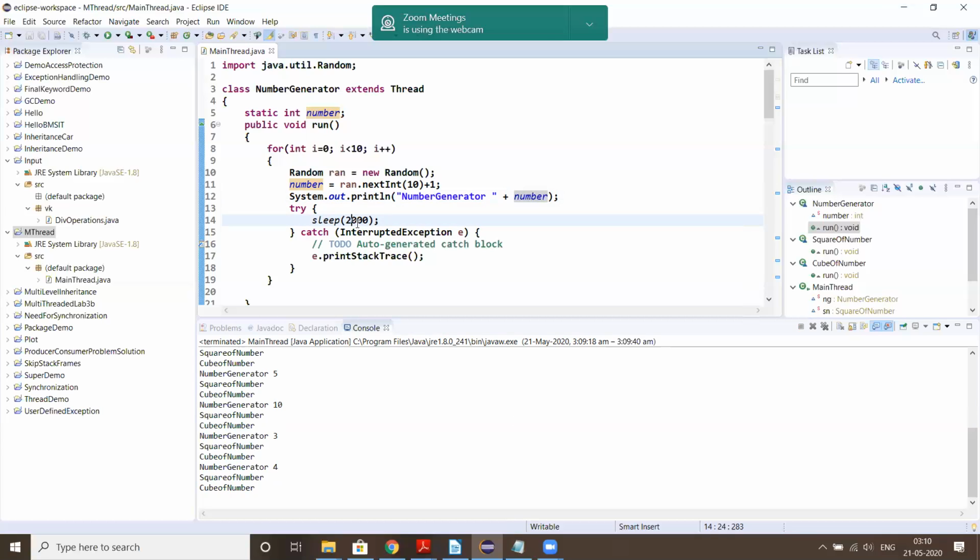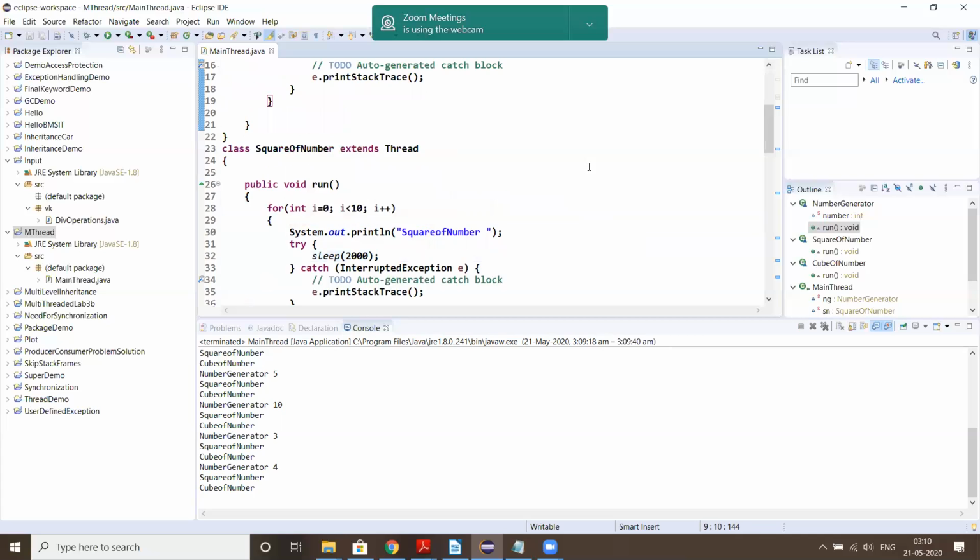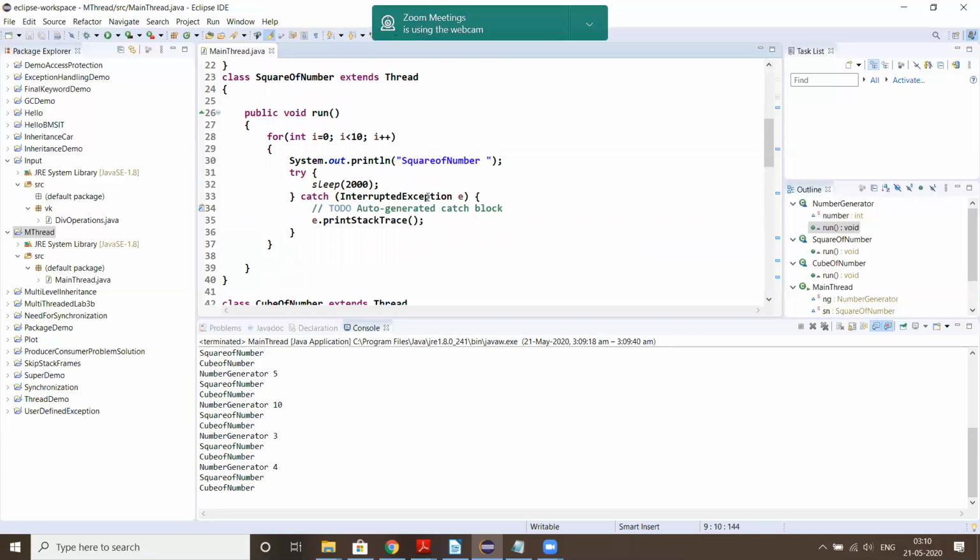After generating the random number, the random number generated will be stored in this variable, and we can find the square of the random number and print it here. So that's what we need to do.